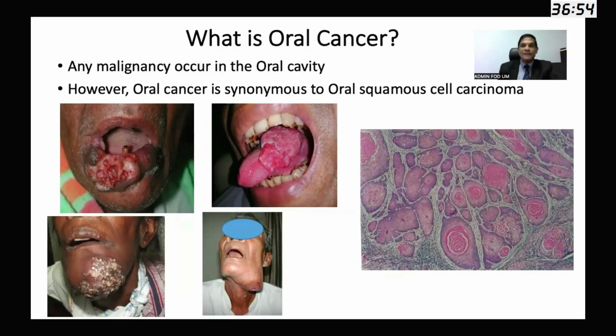Of course, we get many different types of salivary gland malignancies and also different types of sarcomas that we see in the rest of the body. Now, these are the usual pictures that we see in this part of the world. They present fairly late, stage 3 and stage 4, with these kinds of fungating masses and also with massive regional metastasis.